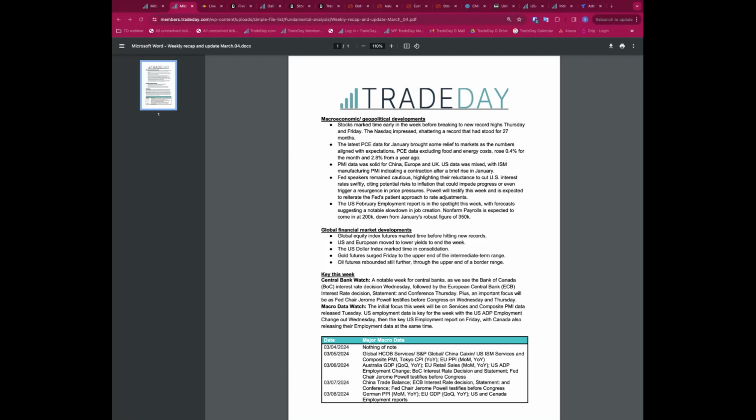And we identified last week that we'd been bullish the week before. We had a big bull run. We had no real significant events in the first 3 days of the week, with significant events being the PCE and PMI data last Thursday, Friday, and we looked for a sideways consolidation at the beginning of the week and maybe more of a trend in the second half of the week. And that's certainly what we saw last week.